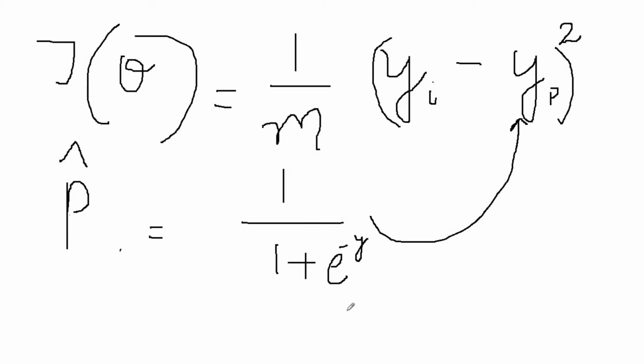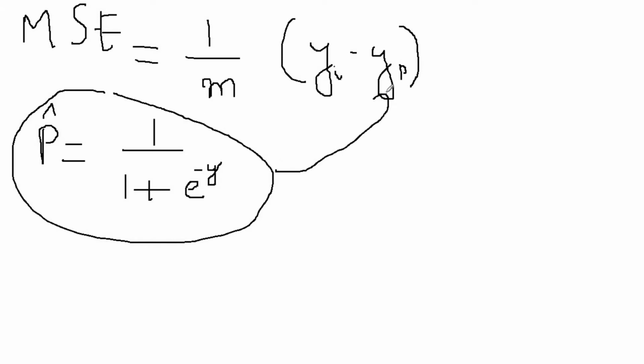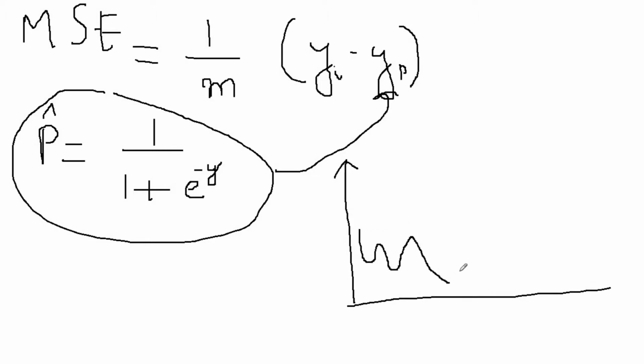So what happens is, if we substitute this one, this is a non-linear function, right? We get a sigmoid curve which is non-linear. In the earlier video we have seen the sigmoid curve. I'm not drawing it perfectly here, but I'm sure you guys will know what sigmoid curve is, or else just check out my last video. Now if we are substituting this value in this equation, what happens is we get a non-convex curve. A non-convex curve will somewhat look like this.